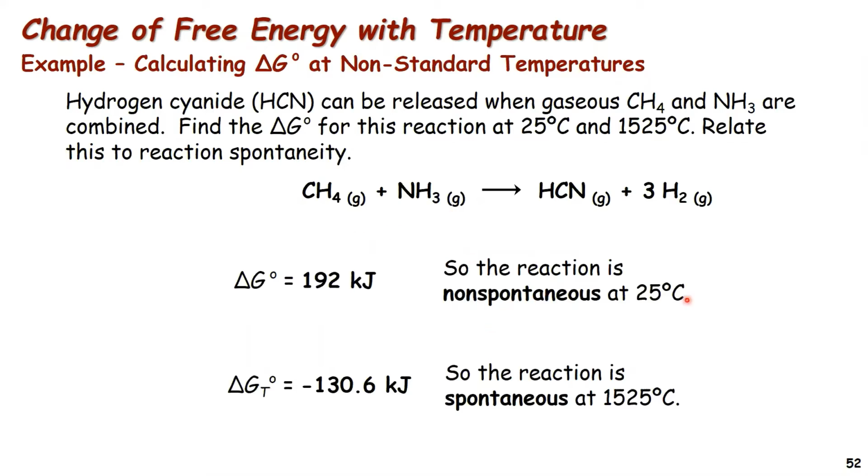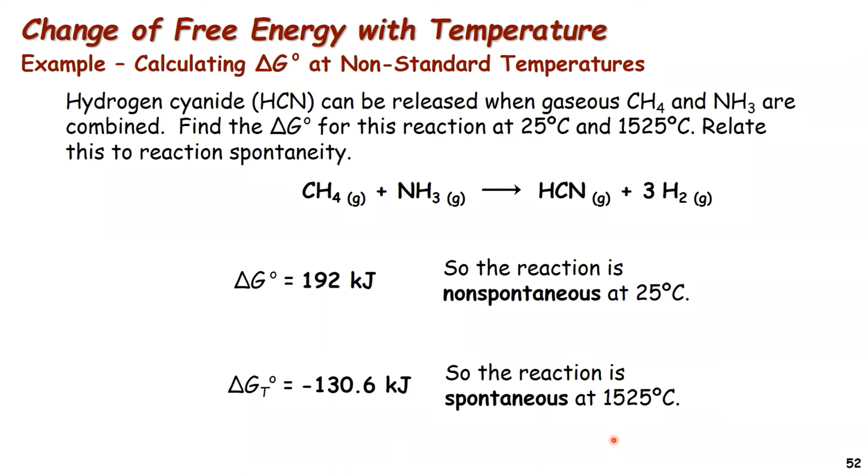Okay, a low temperature might be 500 degrees Celsius, and a high temperature 15,000 degrees. Well, let's not go that high. Let's say 5,000 degrees Celsius. So what is high and low is relative to that particular chemical reaction. Okay, it doesn't mean that it's above or below any certain temperature. It's just relative to that chemical reaction. So again, we can see that it is non-spontaneous at 25 and spontaneous at 1,525. But